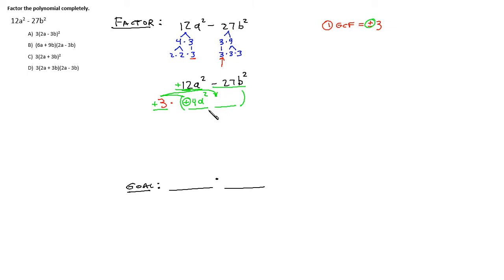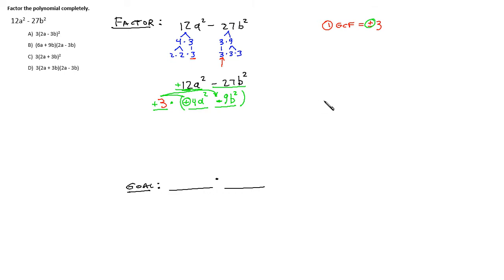Always start with your sign first is my recommendation. Positive times, we're doing multiply, so I'm following rules of multiply. Positive times negative. We need a negative right here. Positive times negative to make negative. 3 times 9 makes 27. And we need the b squared to be in this blank, because there are no b's that appear in the